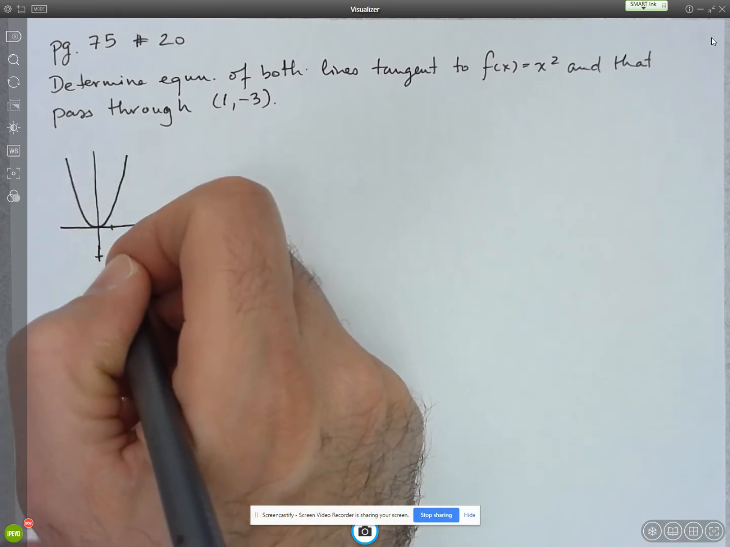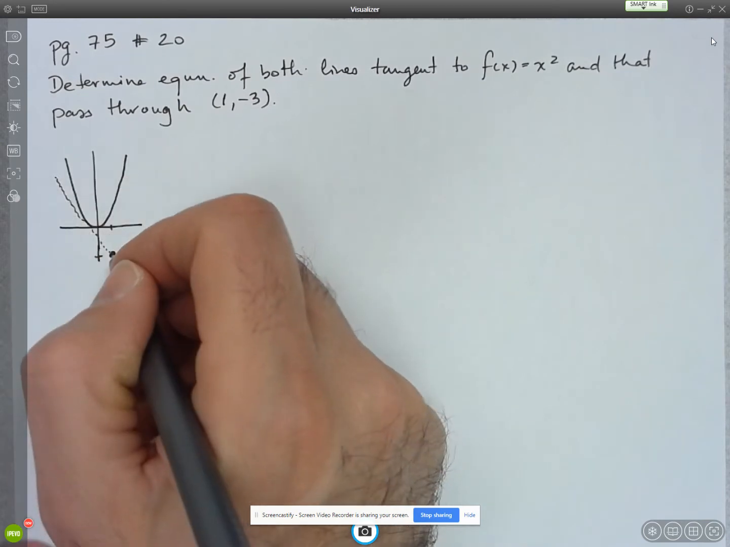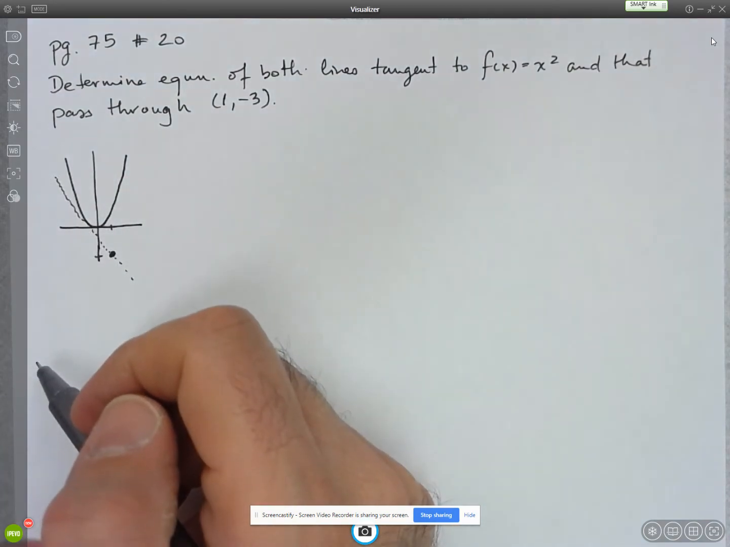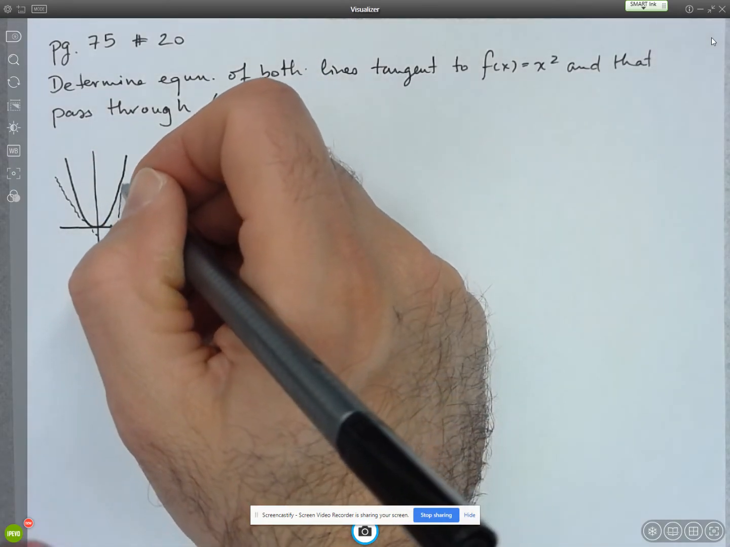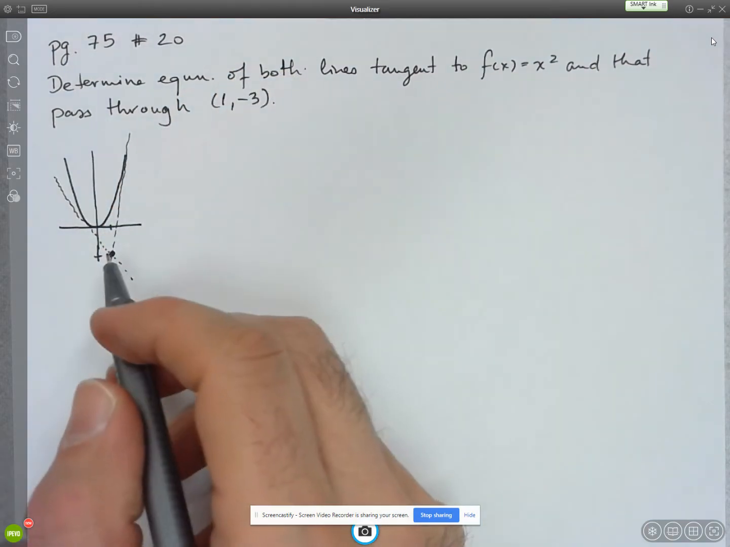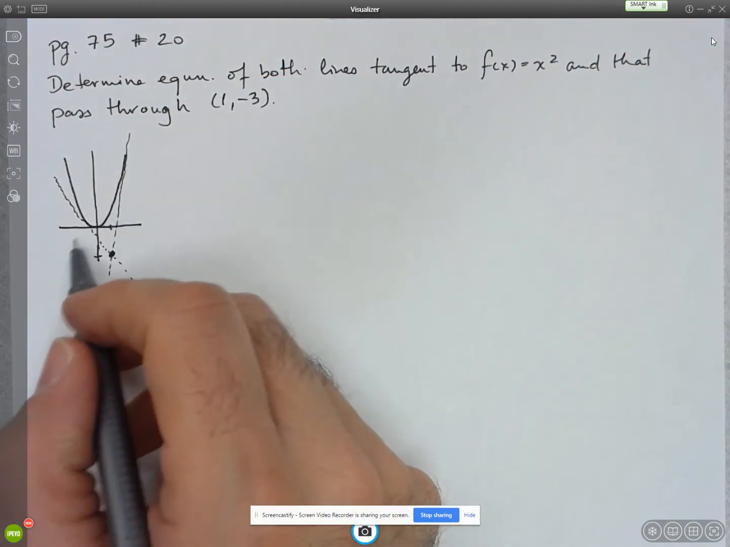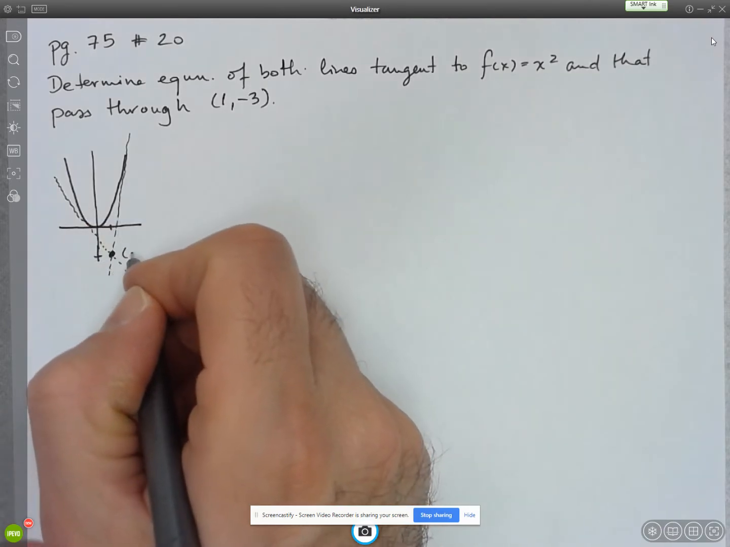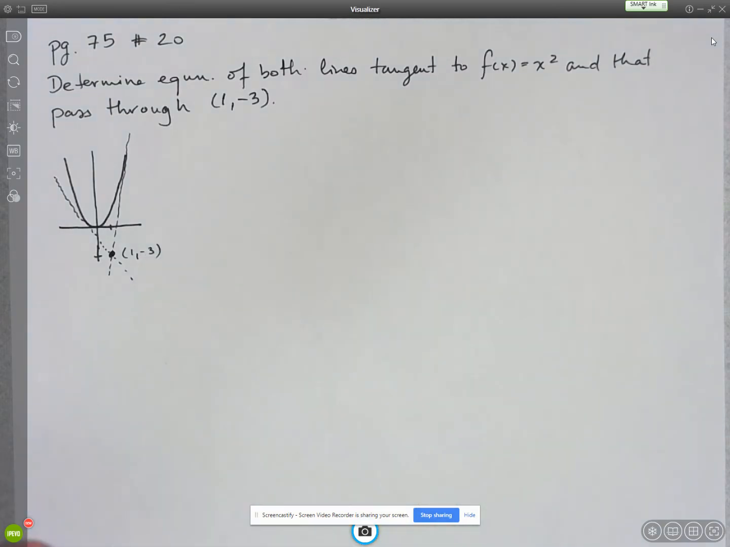I can see that it makes sense that I can draw a line that looks something like this, which is tangent to the curve and passes through (1, -3). Then when you think about it, there might be another line that passes somewhere there, that's again tangent to the curve but passes through (1, -3). And I can't really see how I would be able to draw any other scenarios like this. All right, so this is our starting point, and we have to somehow find a way to determine the equations